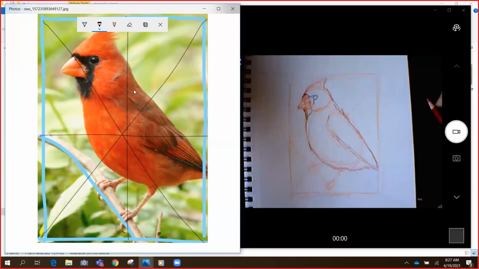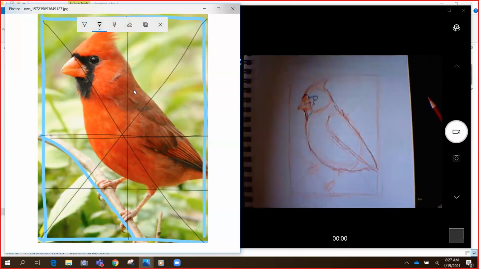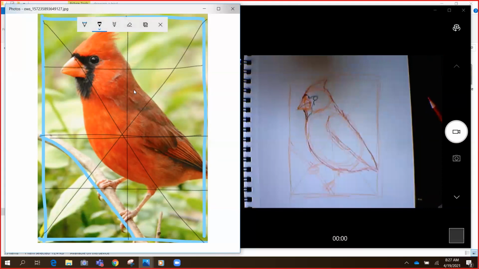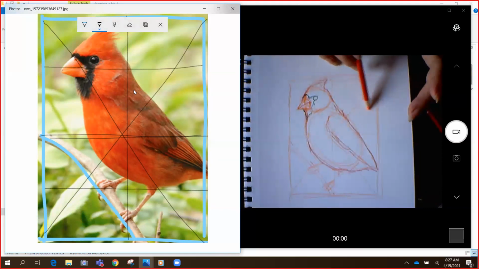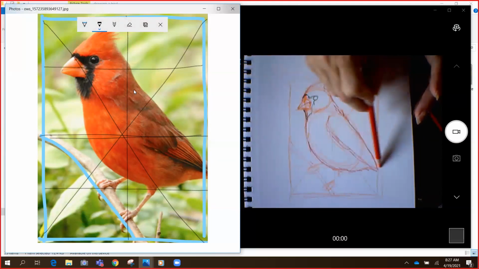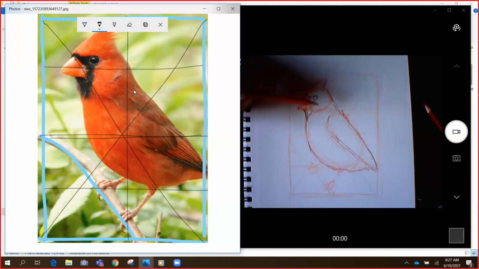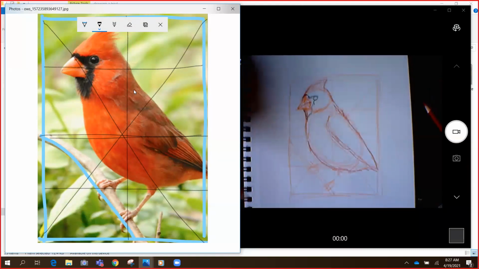So that's what we have going on here. And actually now at this point too, so I have this cut in half, and if I cut this part in half too, and this part in half too, I can even put those lines in. So what ends up happening is, like I said, all we have to do is correlate between here and the picture, and we can know where things are. Okay, so those lines go in there, and then I can just work with those grids and figure out where everything is supposed to be. So now that